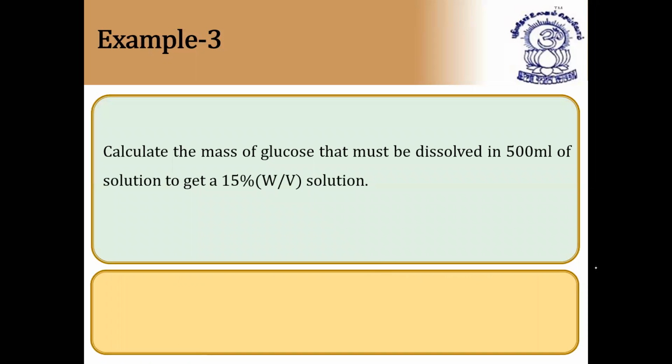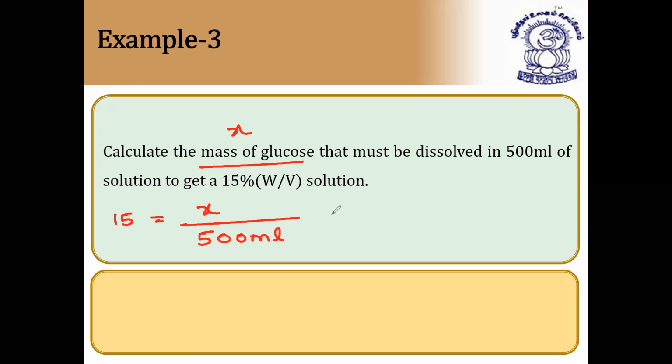Next example, calculate the mass of glucose that must be dissolved in 500 ml. Here they have given the volume of the solution and 15% weight by volume solution. So here they have given mass percentage. So 15 is equal to, I'm solving it directly. 15 is equal to, because they have given mass by volume percentage, mass of solute, that is X. We have to find the mass of glucose, that is X, divided by volume of solution, that is 500 ml,